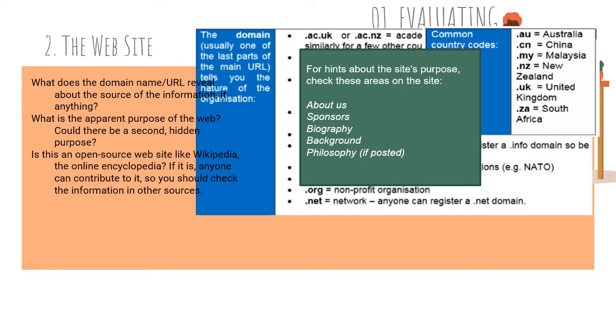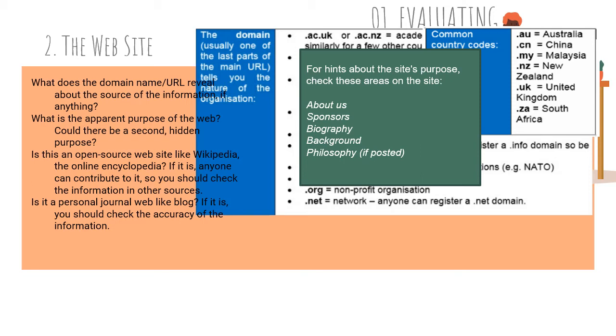And you have to pay attention to this kind of open source web like Wikipedia or online encyclopedia, because anyone can contribute to it, so you should check the information in other sources to make it balanced, to check and recheck. And for the last, you have to be careful also when dealing with this personal journal web like blog,